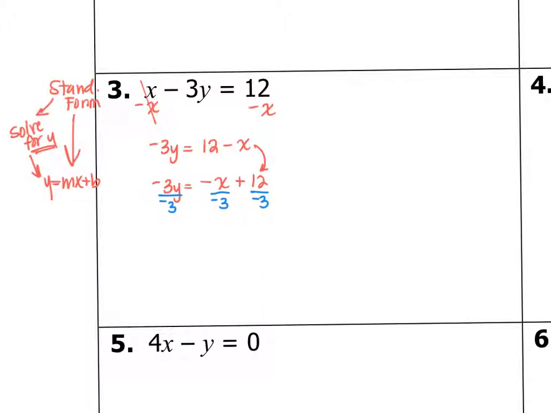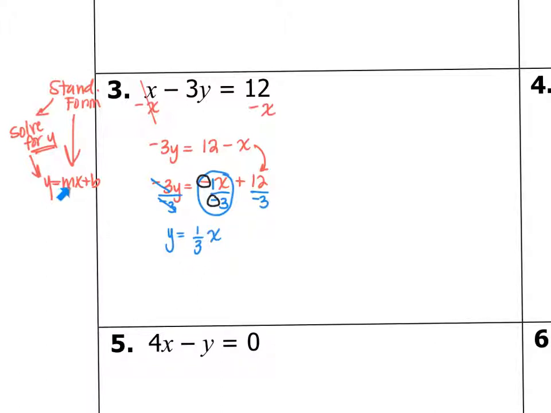And so that you see your negative 3's cancel and you end up with y is equal to, okay? Right here, we have a negative divided by a negative, and that is 1/3 x. And it's 1/3 because the coefficient of x is a 1. And notice how your negative divided by your negative makes a positive. And I'm writing it instead of x over 3 or 1x over 3, I'd like to write it as 1/3